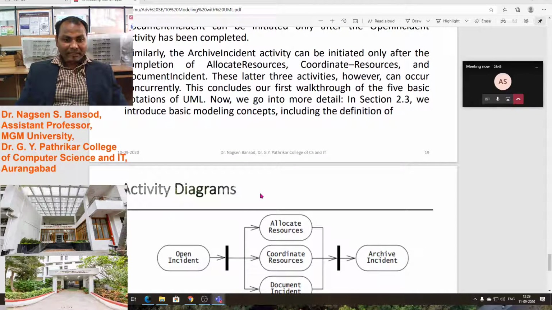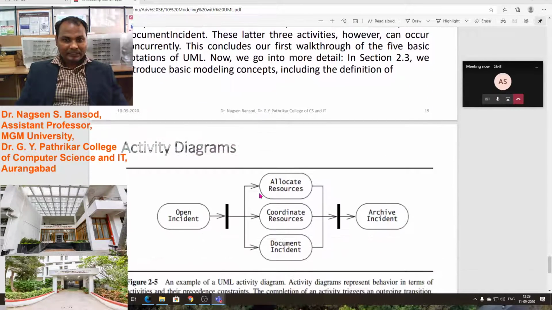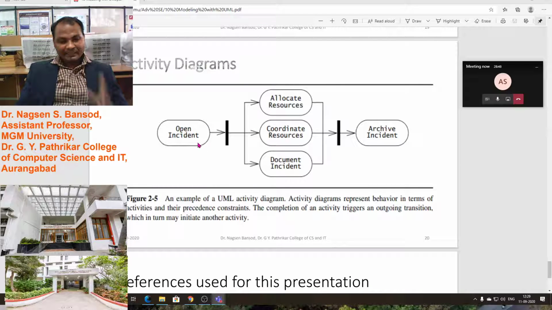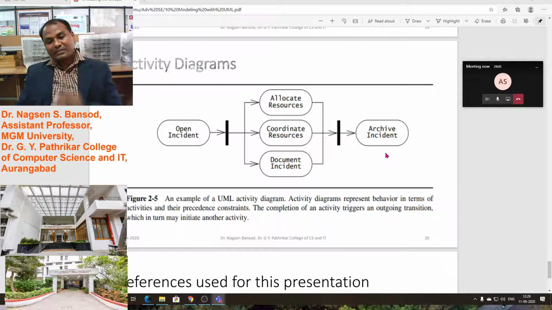This is the activity diagram. In this diagram, you see open incident, then allocate resources, then coordinate resources, then document incident, and archive incident, which means whichever activity we have started, we will save, we will commit that.